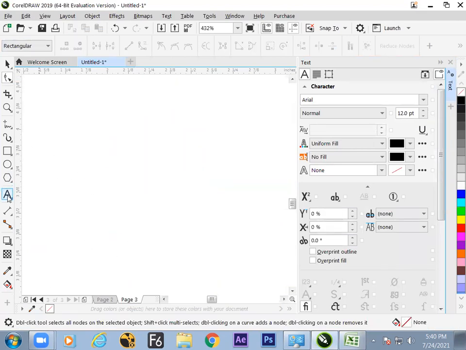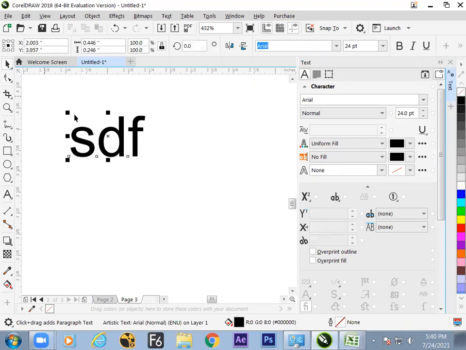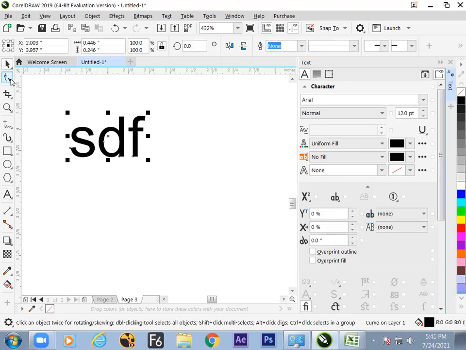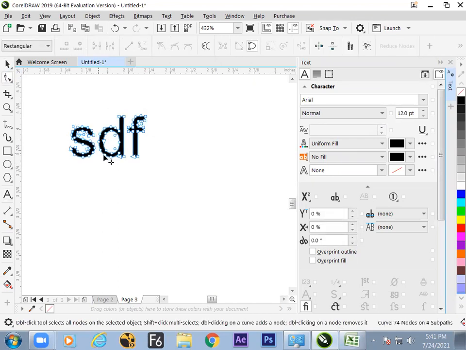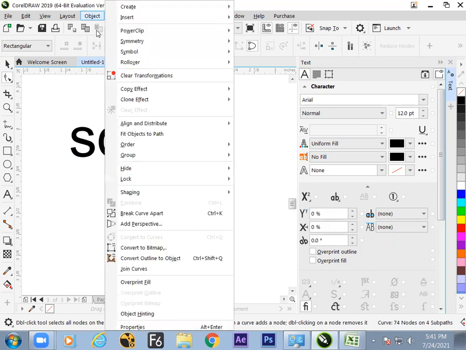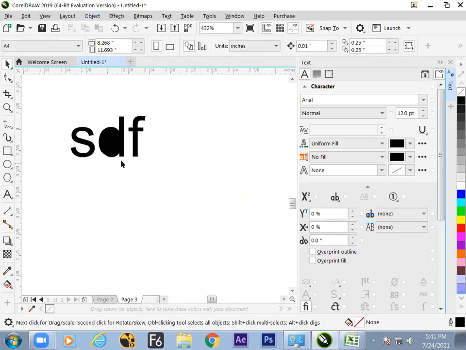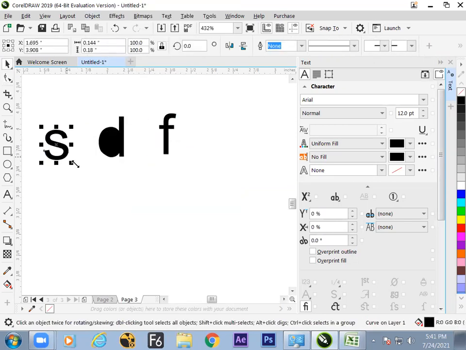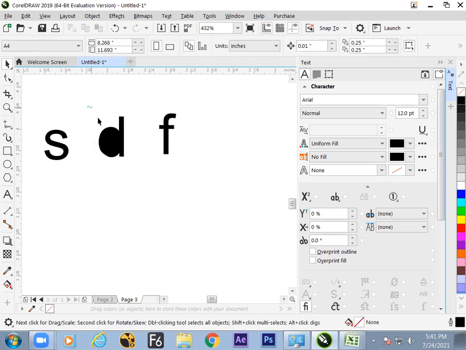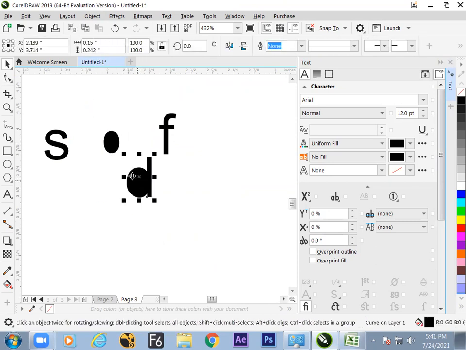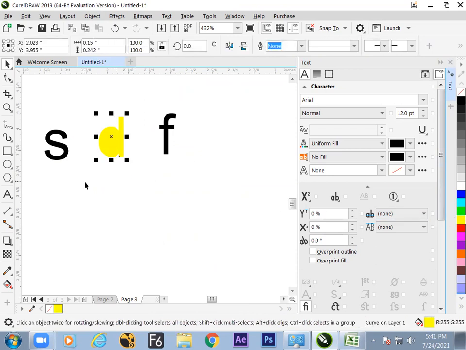So take a new file. So Control Q. It goes directly into convert to curves. Then, if it is a group object, you can go for break apart and get them separate. But it is 2 objects. So it has 2 objects inside it. You can change the color and find what it is. Then go down.